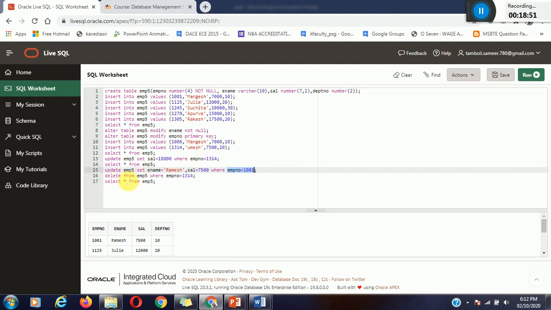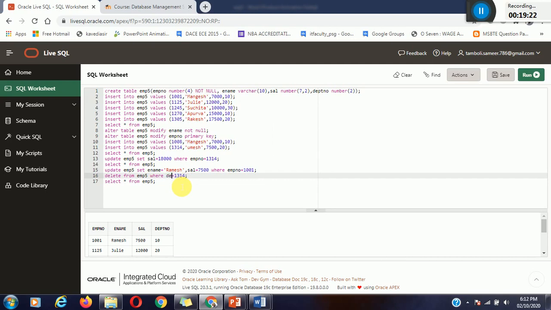update. Also a delete from EMP5 where you must have a primary key or any column which will identify that record, so you can delete. So I can delete any record from here. Okay, suppose I want to delete records of department 10. So if I want to delete all the records from department 10, then I want to change only